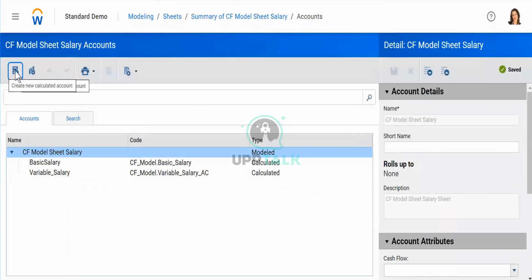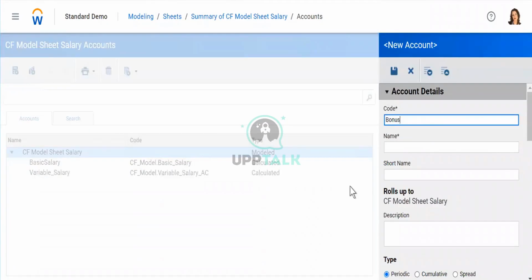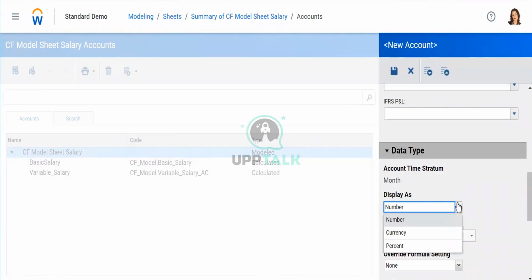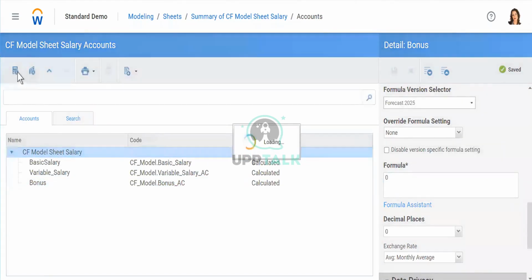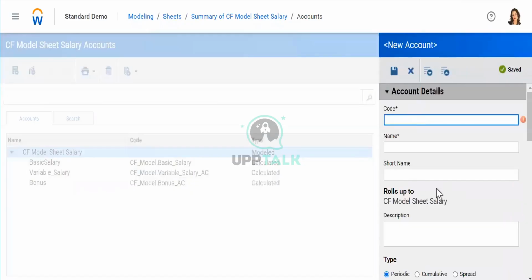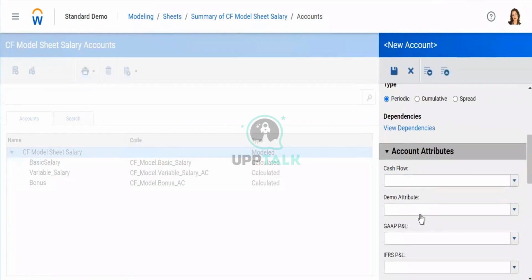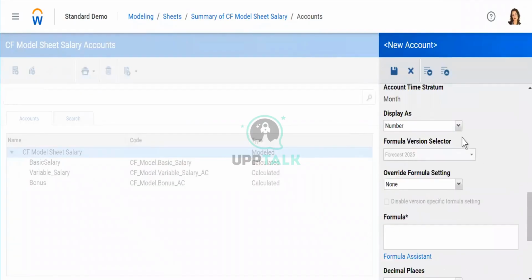I'm going to create another account, bonus, just entering 0, and then I'm creating a final account. Let's say this is my total salary. I will explain why we have to create these accounts.